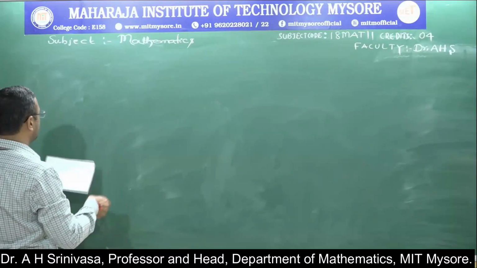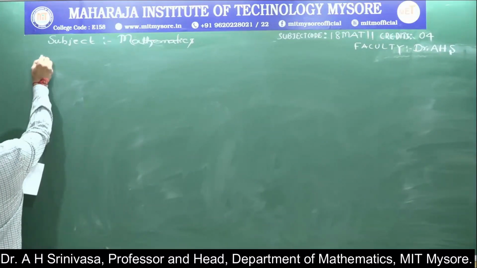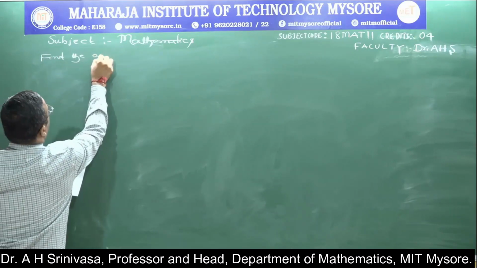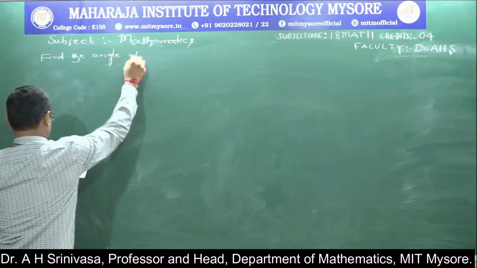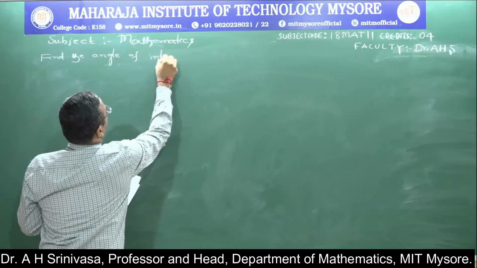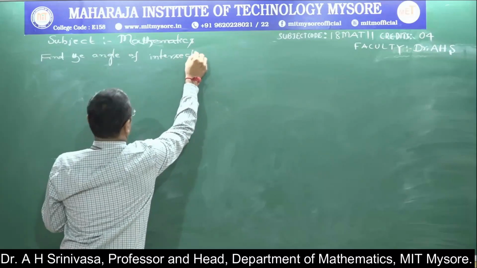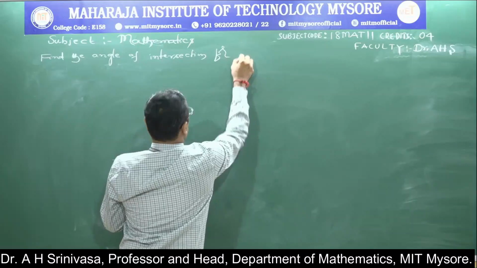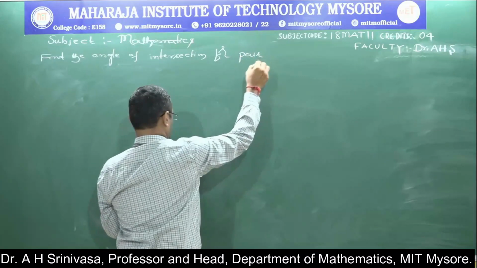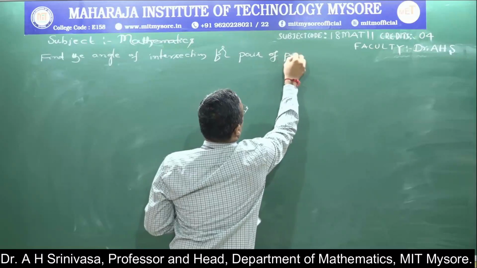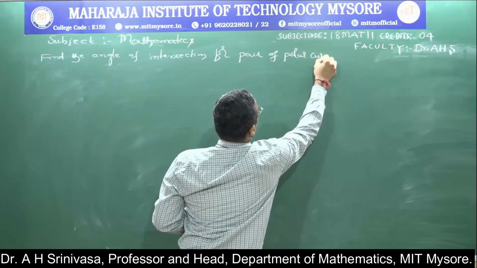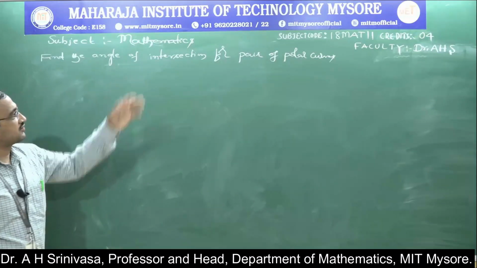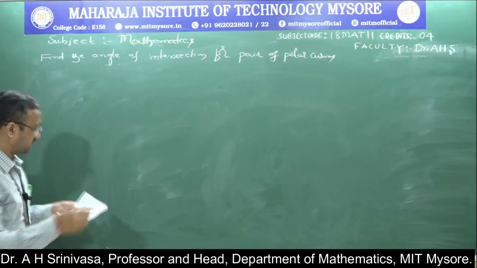Find the angle of intersection between the following curves. So today we are going to discuss finding the angle of intersection for a pair of polar curves. So the first problem